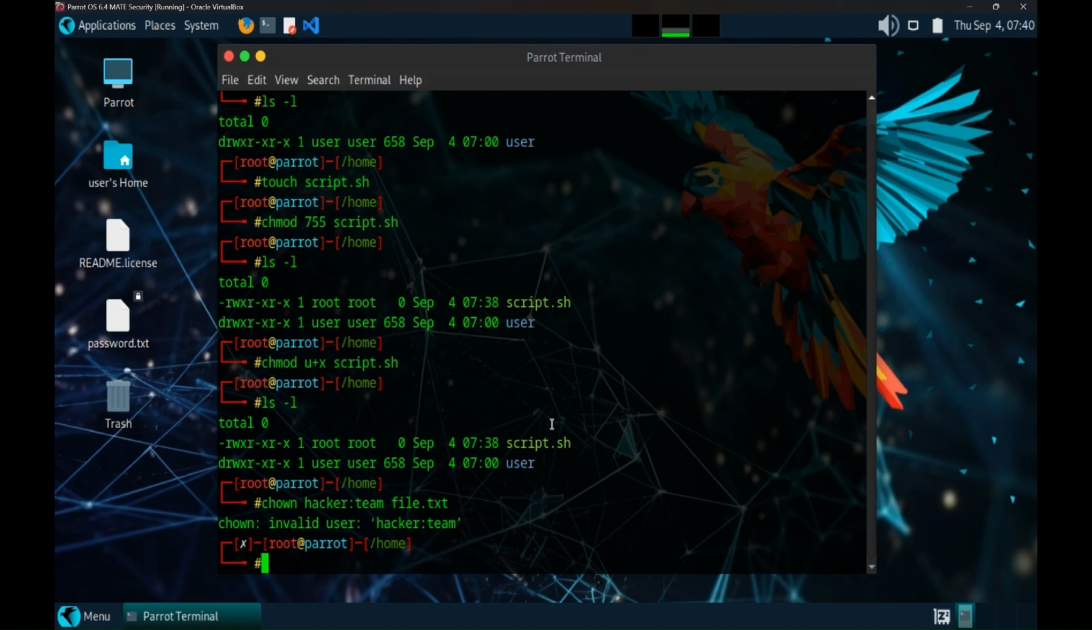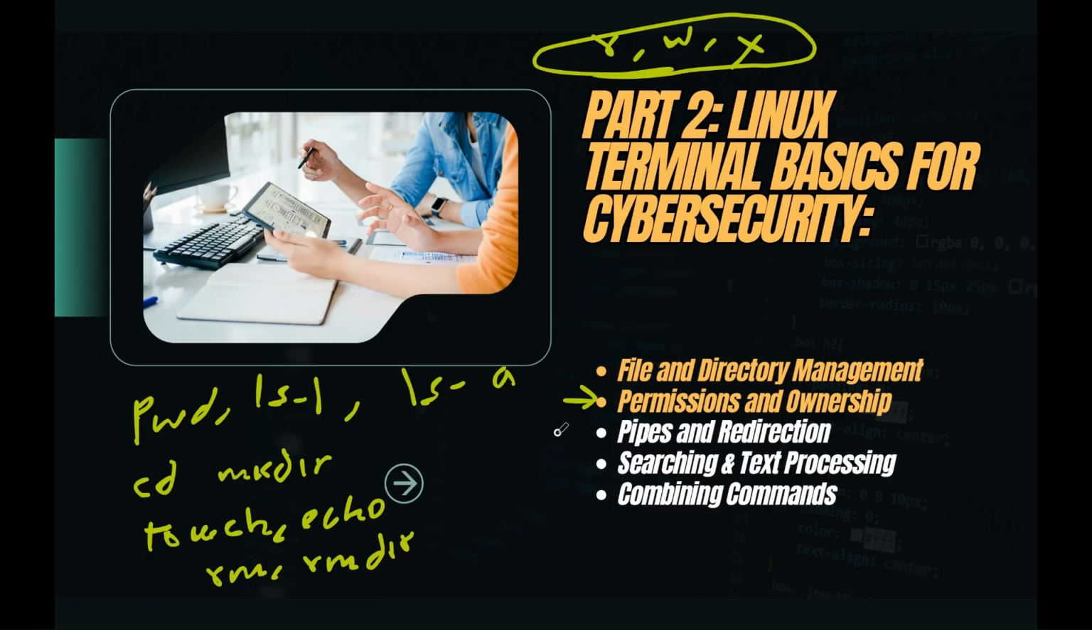Let's move on to pipe and redirection. Okay, so here we have pipe and redirection. Now the FBI doesn't scroll through a 5 GB log file manually. So they use commands, and so will you. Welcome to the grep gang. We are going to use the grep command, and also the find command,